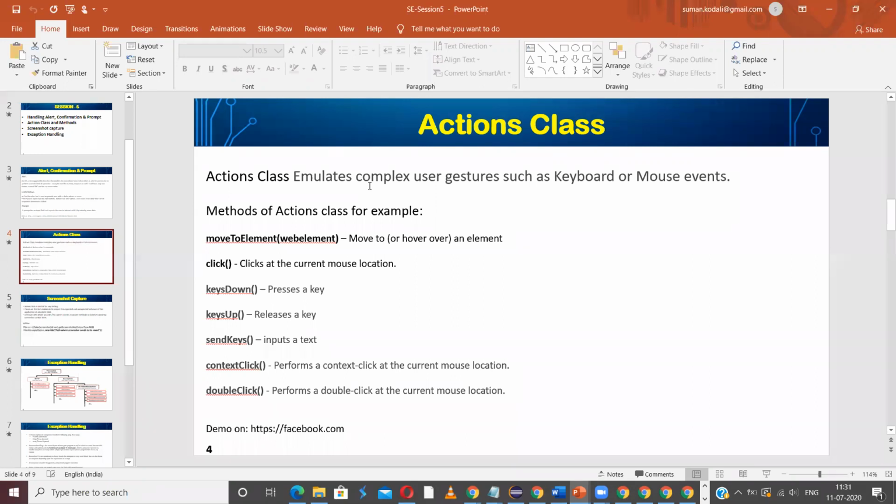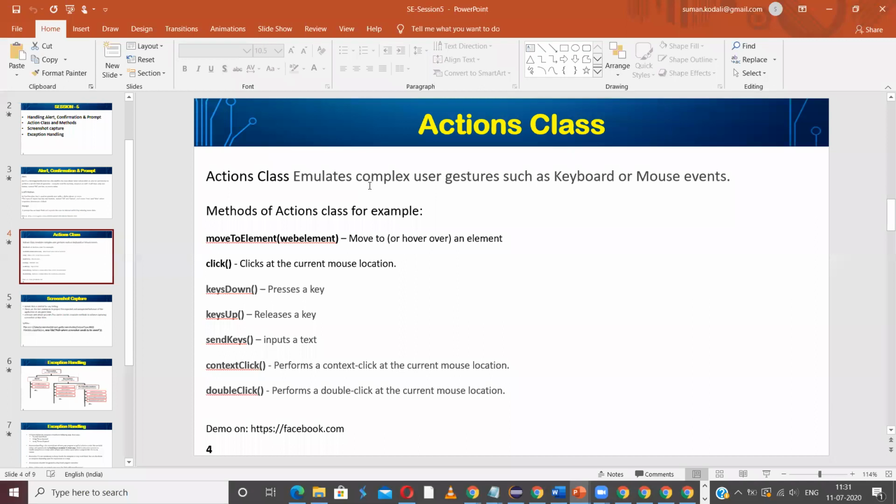Using the usual Selenium methods like click and other methods which are part of the driver instance, these are not possible. We have to use a special class to support these kinds of user gestures such as keyboard or mouse events.